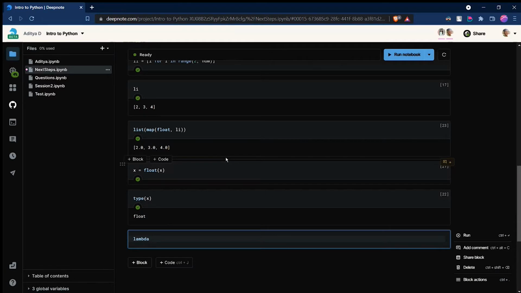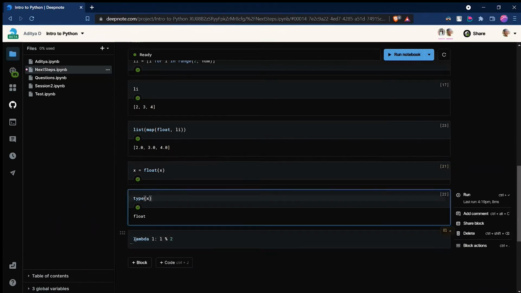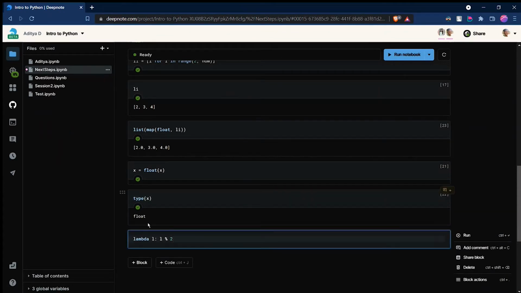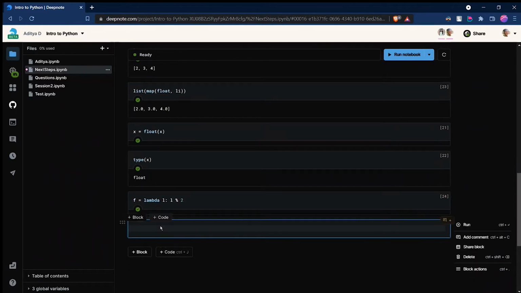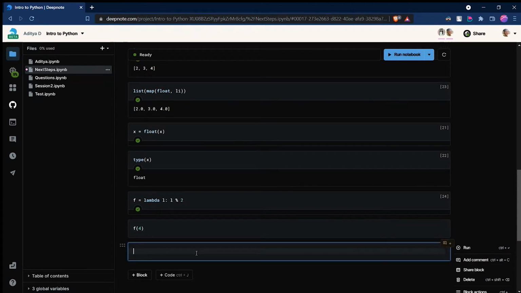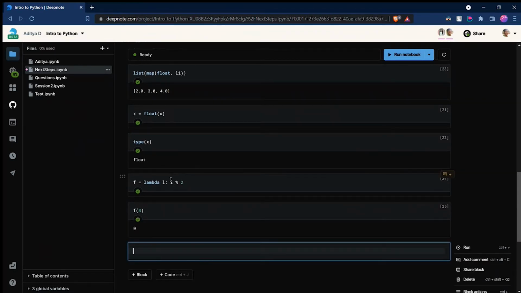So I say lambda L, L mod 2. This will be my function f. Let's call it f. If I call f with a specific 4, it just does 4 mod 2.